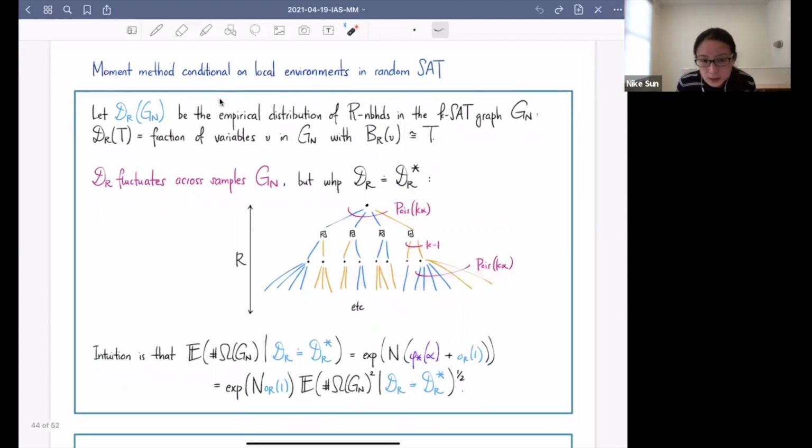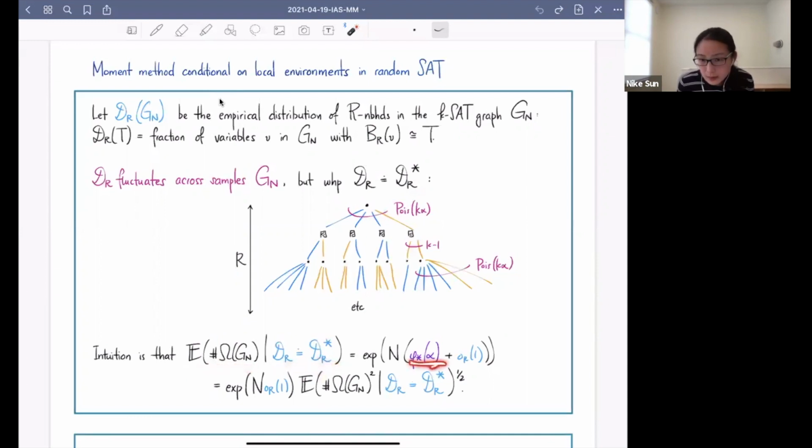So the intuition is that if you were to condition on the degree profile of the graph being close to the degree profile that it should be, then you would be able to apply the moment method and it will give the correct value. So the expected number of solution clusters conditional on this correct degree profile,